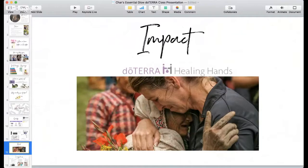And then their Healing Hands Foundation is a wonderful one that really does help provide solutions for these regions of the world as well. So this is a nonprofit that doTERRA created, and they actually cover all the overhead. So any money you donate to this foundation goes directly to the source and helping around the world. So I donate to it every month, and some examples that they've been able to do is provided clean drinking water in Haiti, where people used to walk over 3 hours a day to get it,